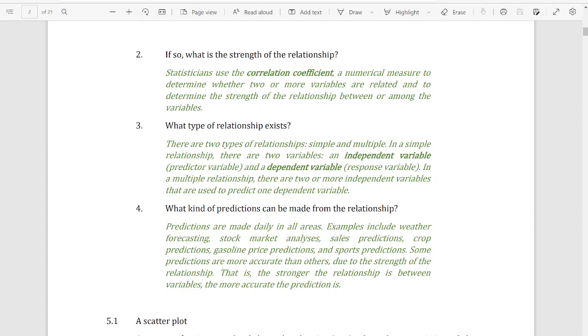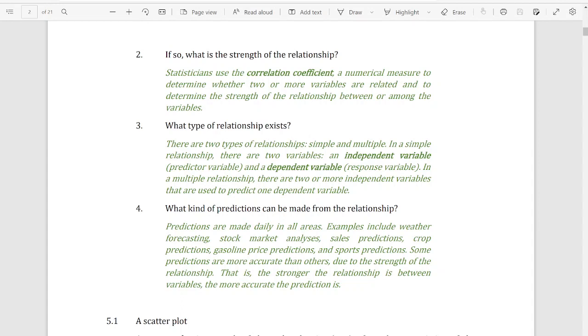So, first kita tengok sama ada adakah dia related ataupun tidak. And of course, bila tentukan sama ada related ataupun tidak, we have to do the testing. But in our case here, we are going to do that, but not in term of a manual calculation. Kita hanya akan buat melalui output process. We can also determine the strength, and not only the strength, we can also determine the direction, whether is it